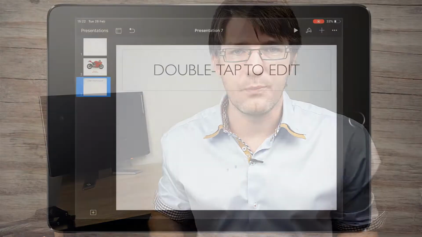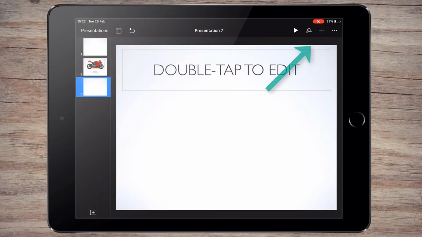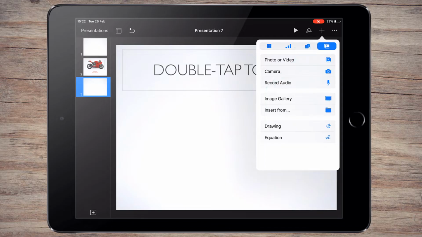Now this new slide can be any slide. Just make sure that there is plenty of white space, as we're going to be adding some charts and tables. Now, adding extra elements onto a slide is super easy. Simply tap the plus icon in the top right corner, and then once you've done that, you will see you